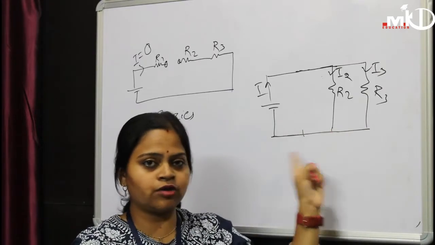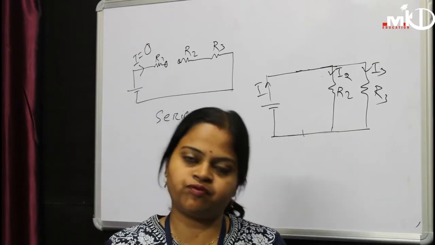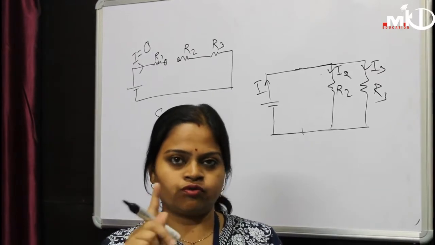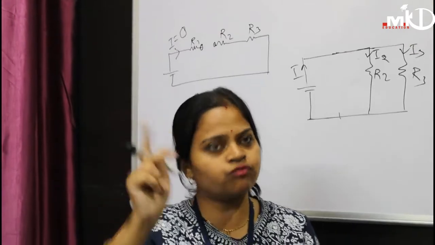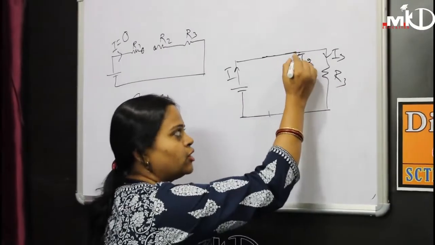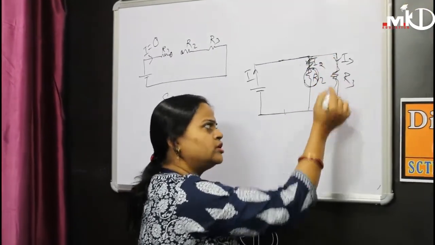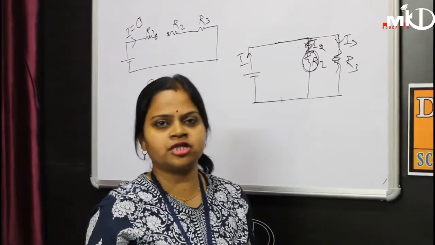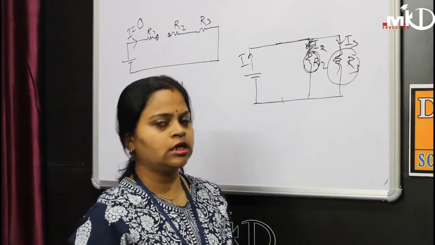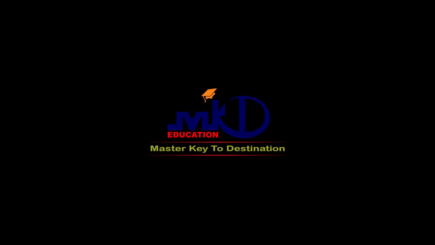Therefore we are using this type of connection in our house, because in our houses we are using different types of loads like fans, light, TV, fridge, AC, all these things. So when we are switching on only fan, so the fan will be active. If this is our fan, we are switching on only this one. So fan will be active, all others are inactive. And if this is burnt now, we can switch on our light, TV, fridge, all the same, because that part is active, only one part is inactive. Therefore we are going for the parallel connection of resistors or loads.